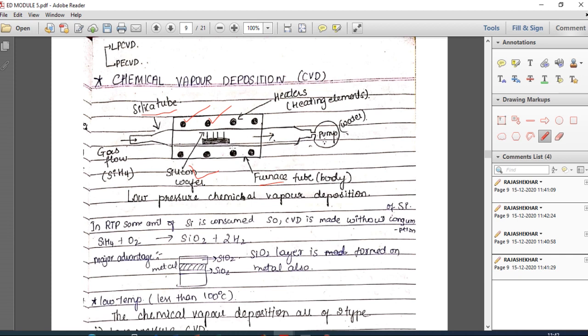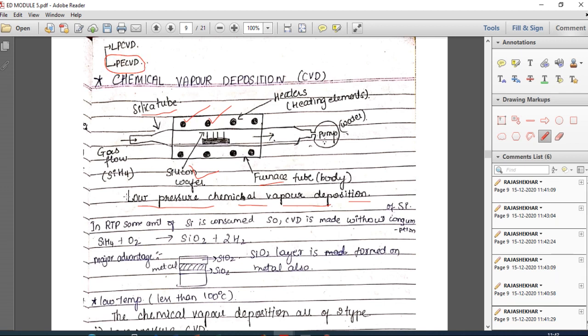And here the example where the process is shown is based on the low pressure chemical vapor deposition technique. There is another one also, but this is not in your syllabus. So that's why we are only concentrating on low pressure chemical vapor deposition. Now, how does it perform oxidation? Here these are the heaters which are necessary to generate the required temperature, but less than 100 degrees Celsius.